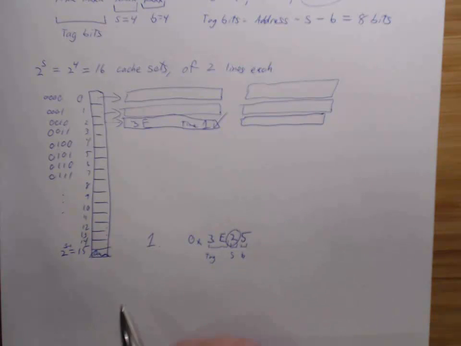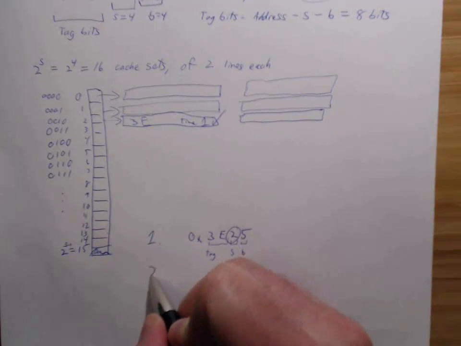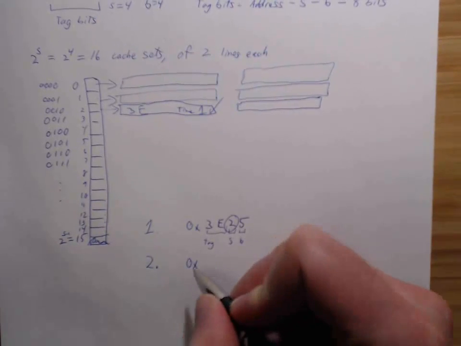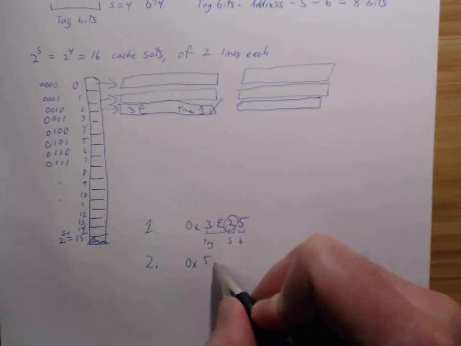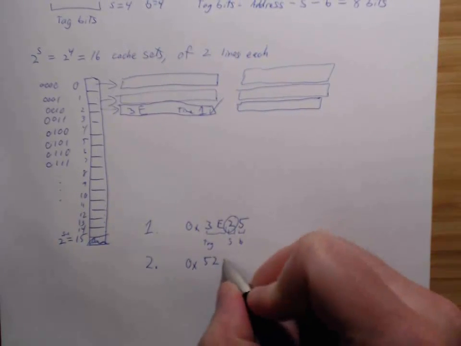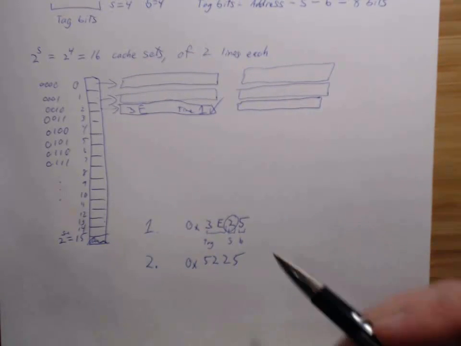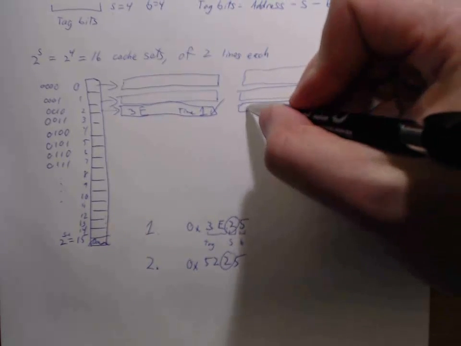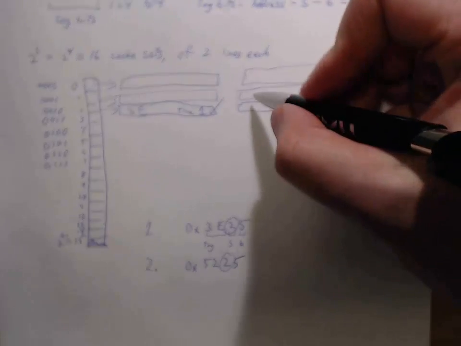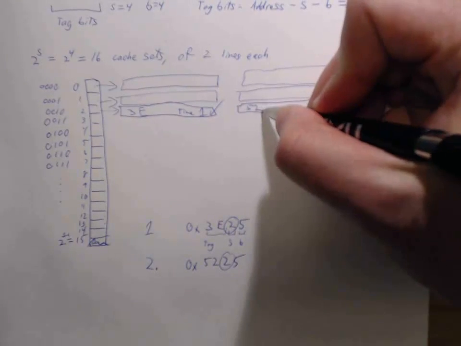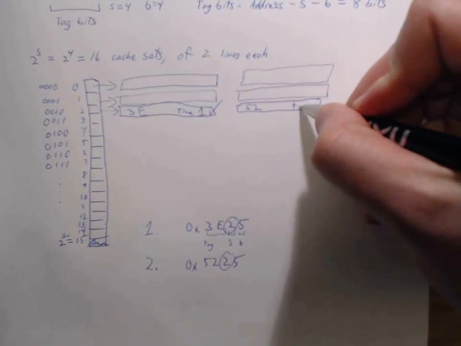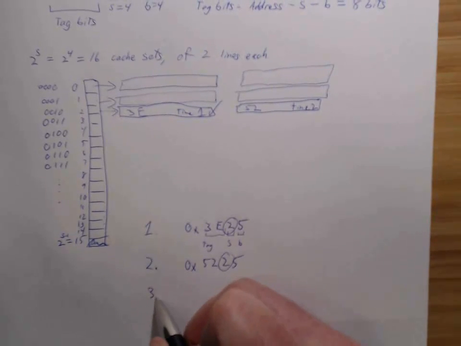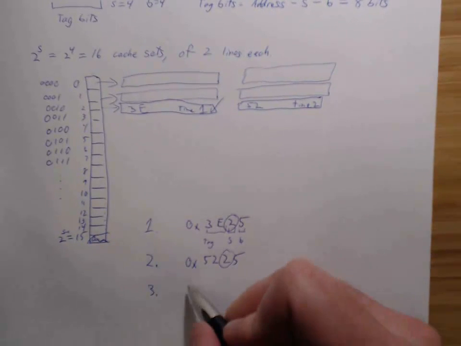So say I have some other address here, so at time 2 I try to do 0x5225. Now in this case we have the same set, and I'm going to store that in the next cache line because I had 2 cache lines. So this will be tag 52, and then I'm going to say this is time 2. All right, so now I'm going to time 3. I have another memory access,